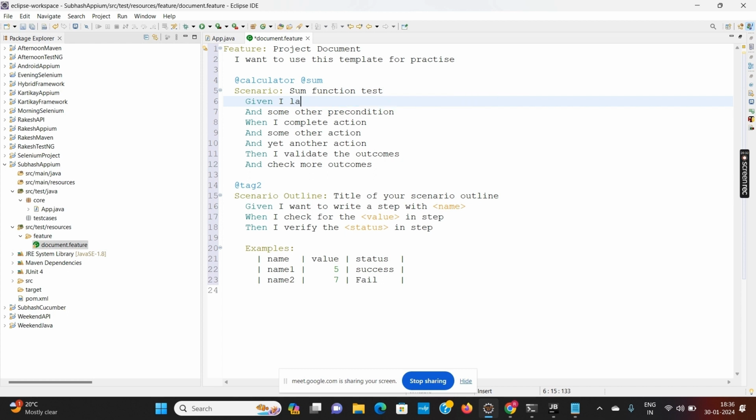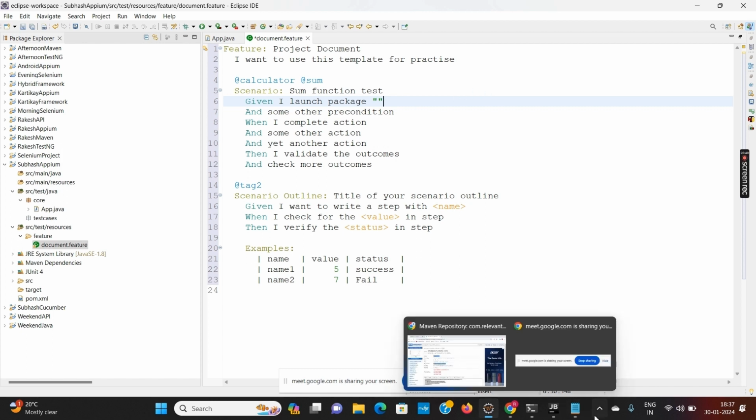Now what you want to do, given I launch package. From here you want to pass the data.